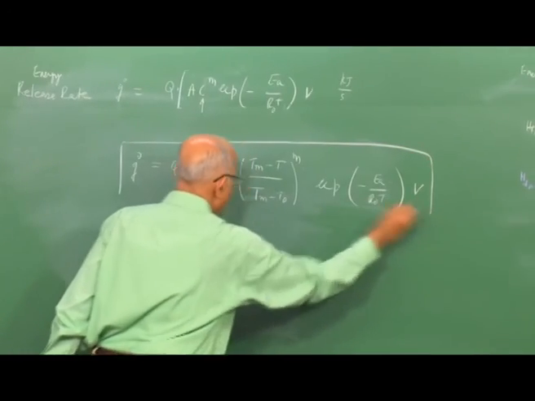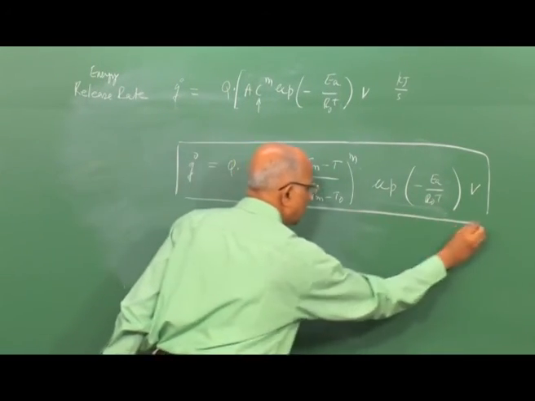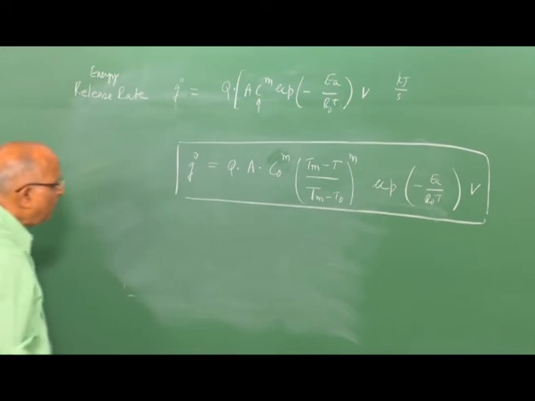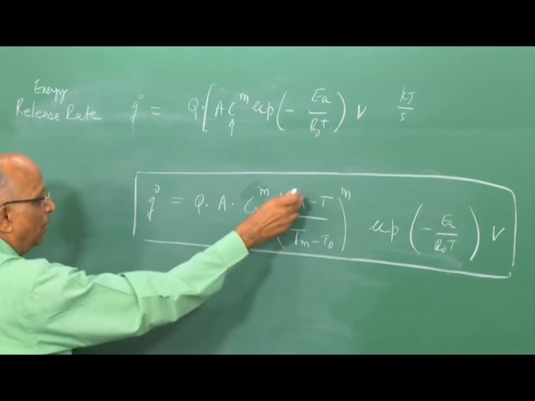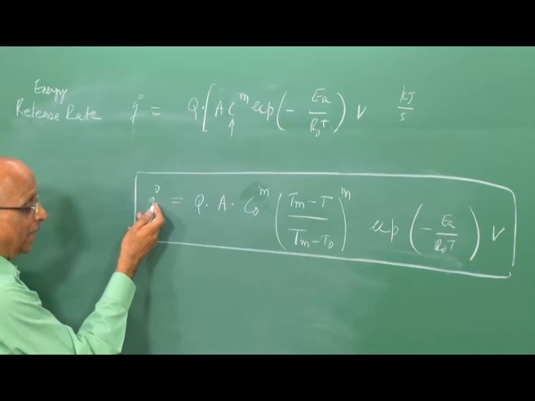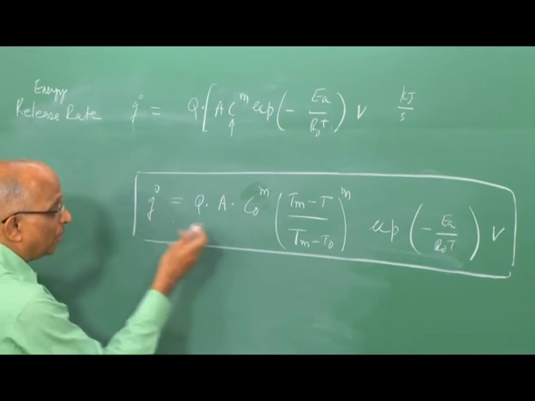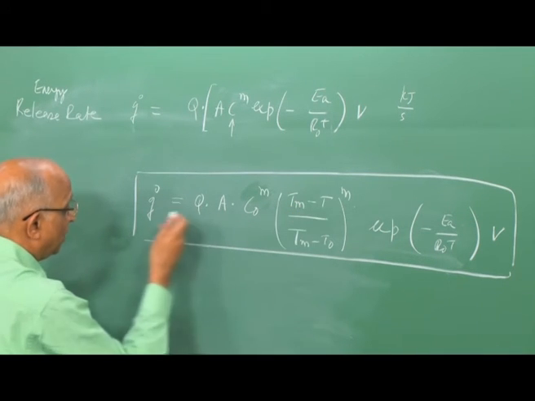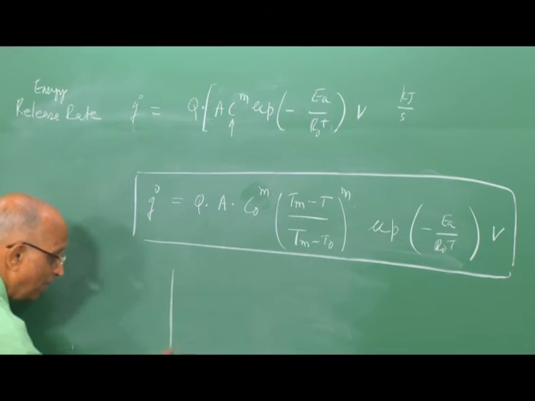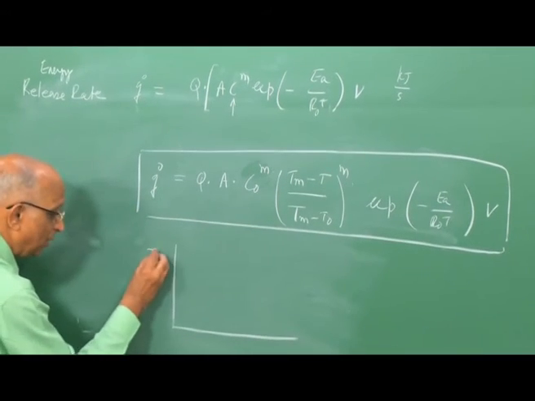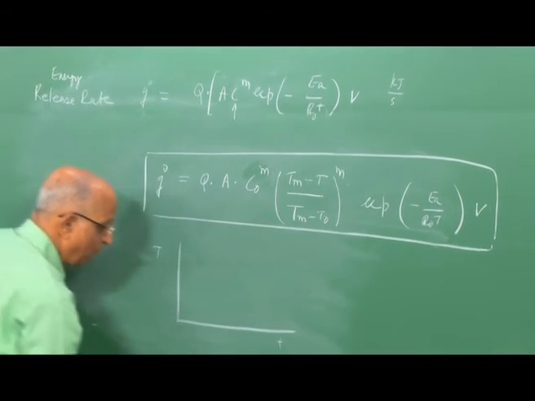Now, let us just take a look at how to represent this equation. We find that when the reaction is over and the temperature is Tm, I do not get any perceptible heat release, because Tm minus T is 0, so the heat release is 0. And how should this relation look? Let us first plot the value of T versus time over here.